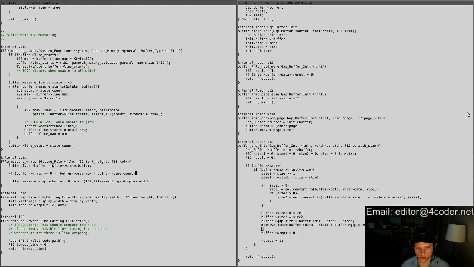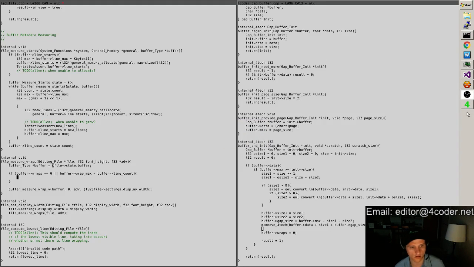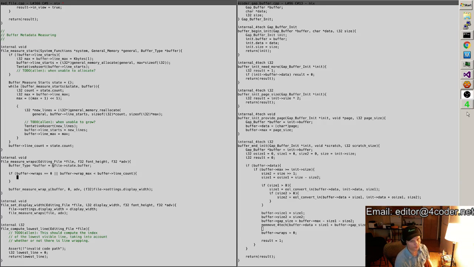By the way, is it dark? Has it become dark? Yeah, it's getting dark. So let's do this. Almost out of time today. Alright, so